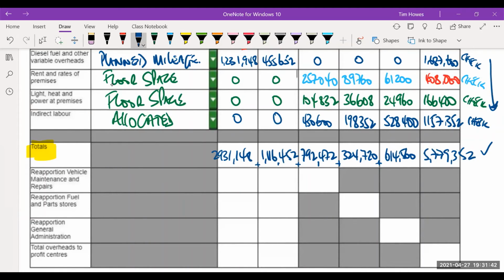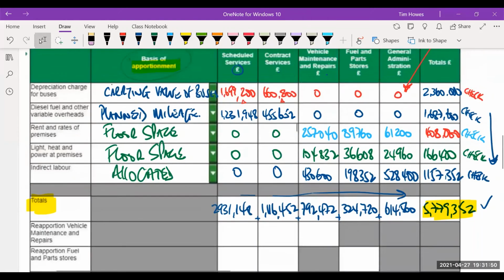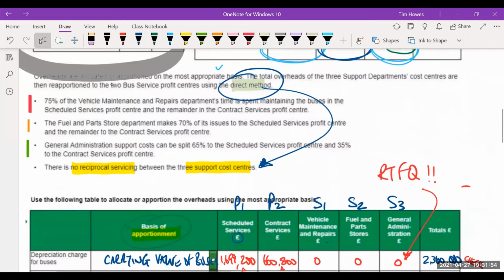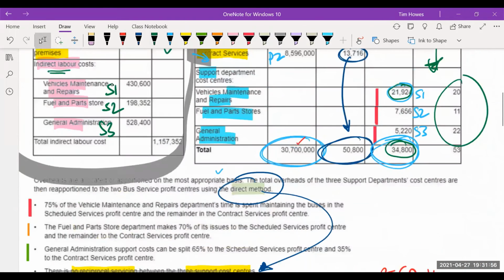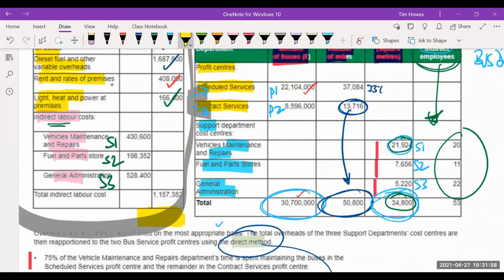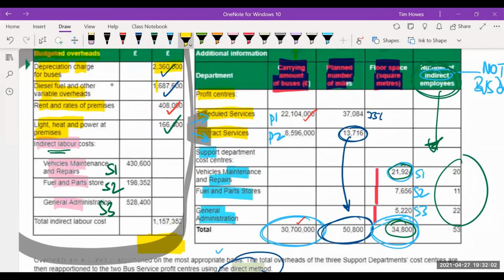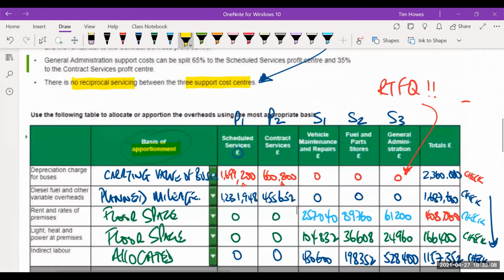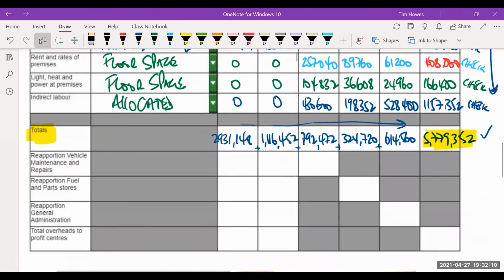Obviously check that when you add down the total column, you get this number. Check that when you add these across the table, you get that number. And even more importantly, check that that number, well, they haven't done it for us, but had they added this up in the first instance, check that it agrees with the total of those overheads. It wouldn't be a bad thing on your calculator just to double check it. But of course, bottom line, you have ways of checking that there's no obvious mistake.